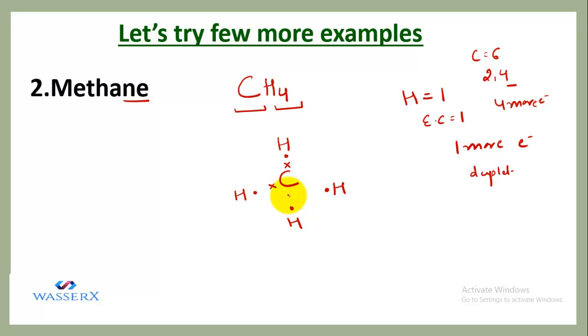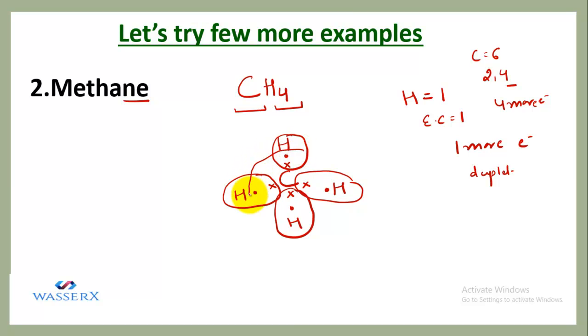So I am representing these 4 electrons which it is contributing towards all these hydrogen atoms. Now each hydrogen atom will share 1 electron of carbon and it will attain its duplet, right? So this is how all 4 hydrogens become stable. Now this carbon already possesses 4 electrons and it will share 1 electron each with each combining hydrogen. So in this way the bond is formed.